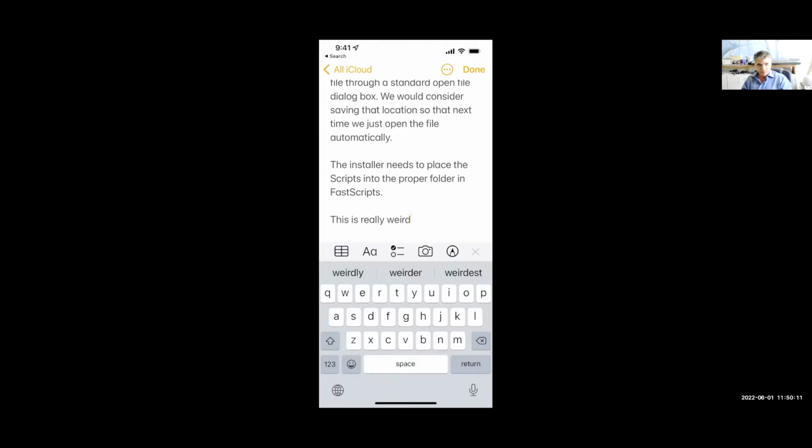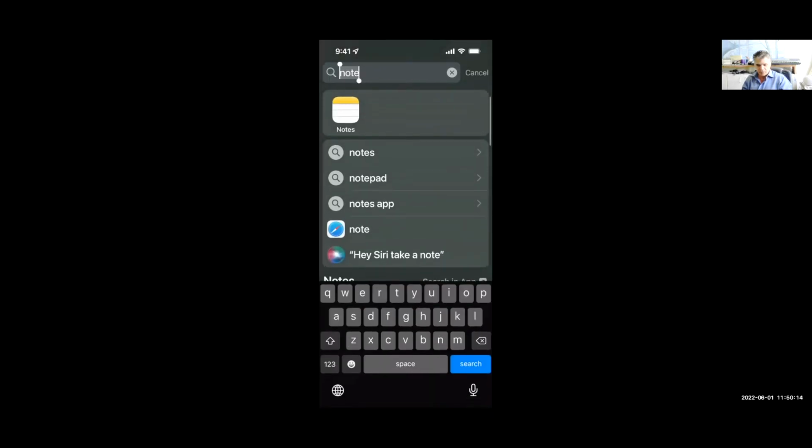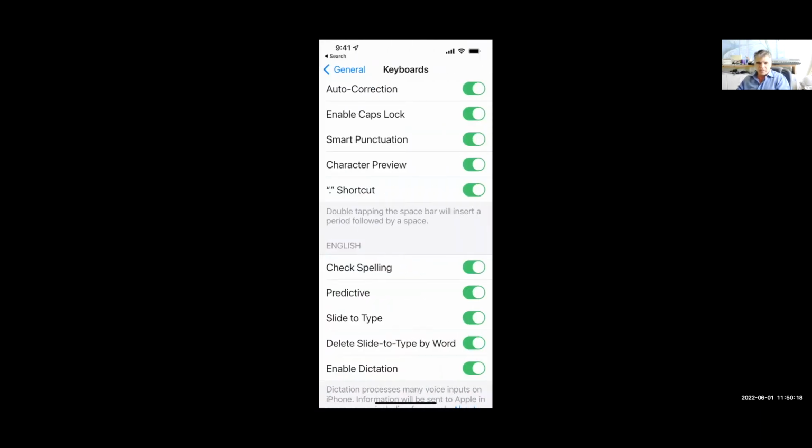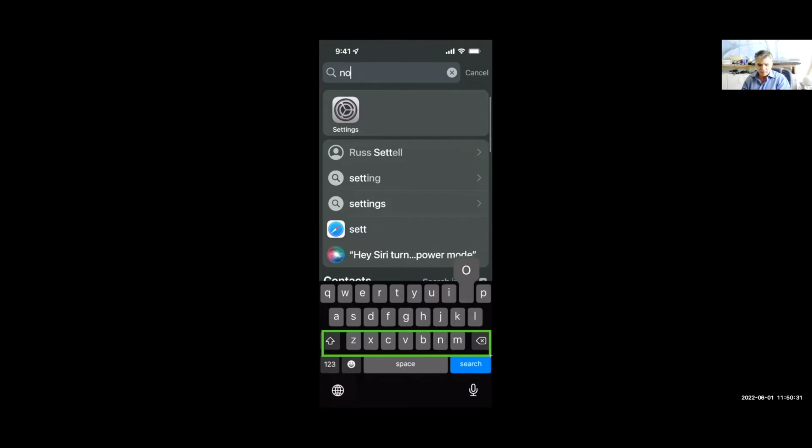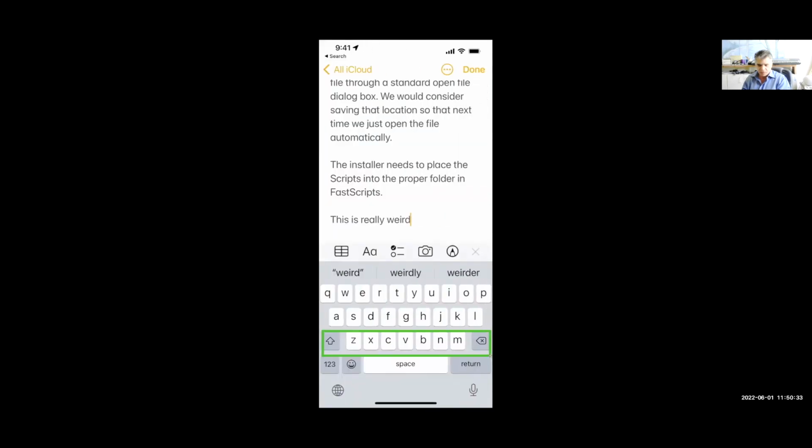So is it a way to show what was happening? Sure, I'll show you right here. In the settings, it's the one that says delete slide to type by word. My guess is that maybe if you slid to type, I'm going to guess one more time. Okay, I think I know what it might do. Do a slide, yeah, I just did it. There you go. Okay, so the answer is if you use slide to type,